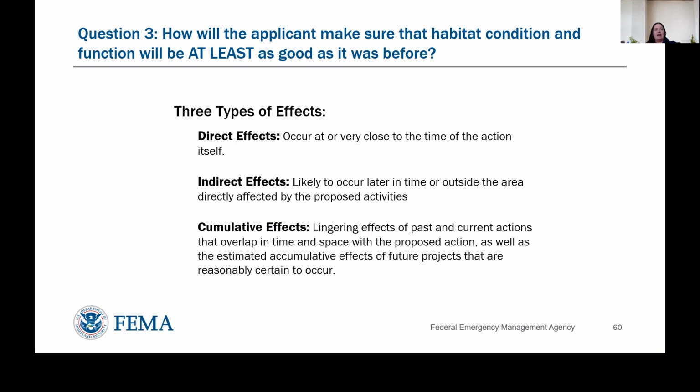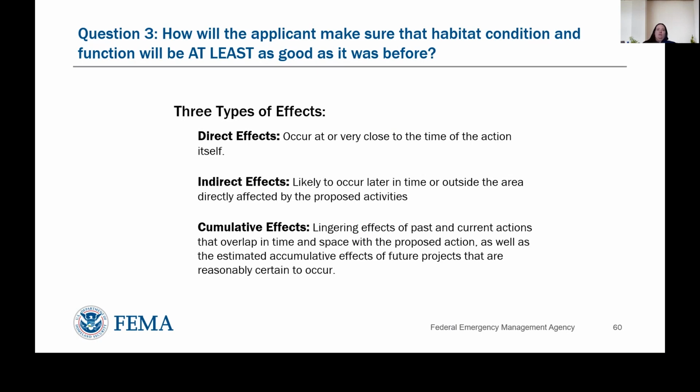So there's three types of effects. I mentioned this a little bit before. The first of which is direct effects that need to be considered. And those are pretty obvious. Those are, I'm going to put a house in here. So how's a house going to affect habitat impacts, or how's a new driveway, or additional impervious surfaces going to affect habitat? Well, that's kind of the easy, clear ones, but we also need to consider indirect effects, and those